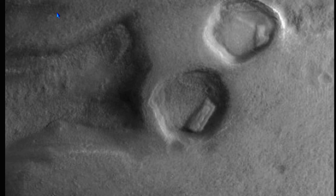Okay, so there's the object in Moreux Crater. I hope you enjoyed the peek,